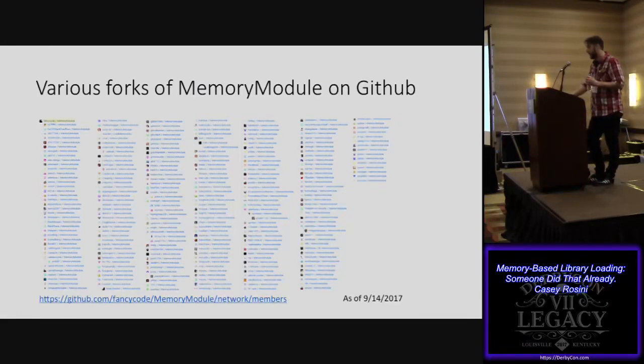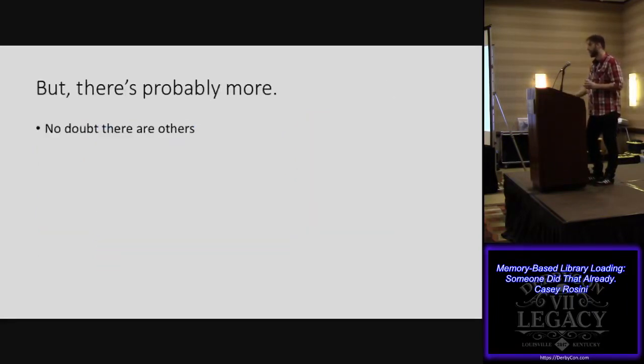So yeah, tons of uses for memory module. And we're almost through them all. There's still some that are relevant. So various forks of memory module on GitHub. Tons of them. And I wish you could see them, but when you do end up actually looking at them, there are going to be ones that just jump out. You're like, whoa. When you go into these users' repositories, you see these different forks for not just memory module, but all these other things. And when you start wombo-comboing them all together,